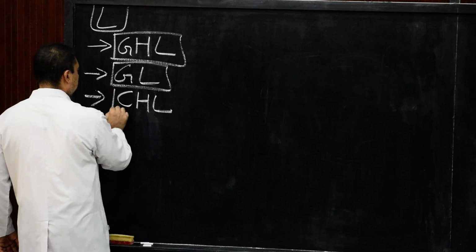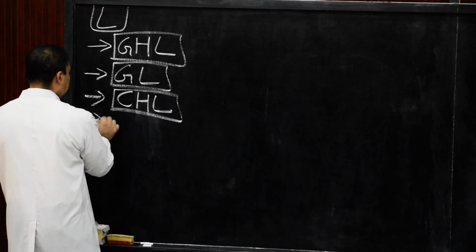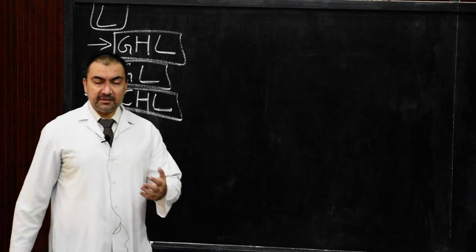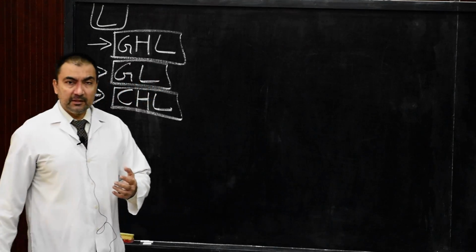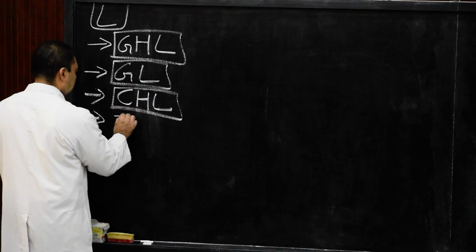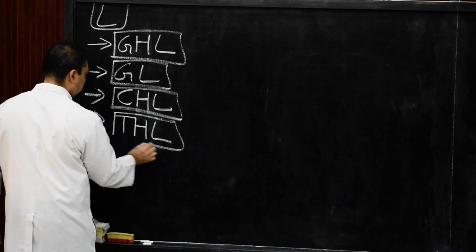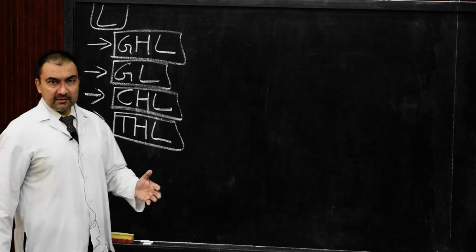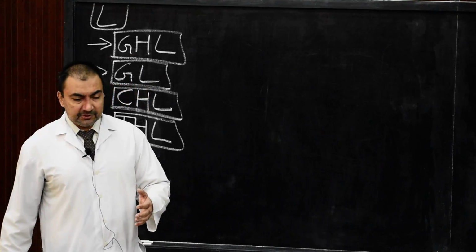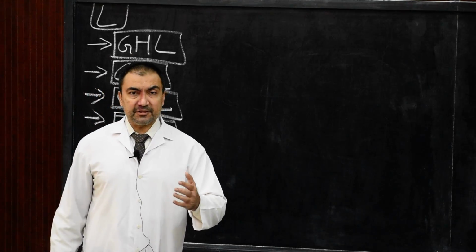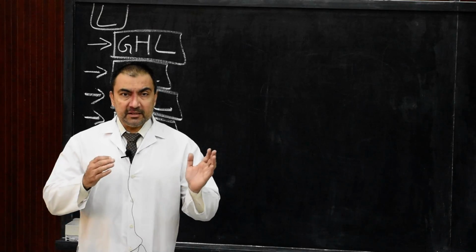And then we come up with the last ligament, that is transverse humeral ligament. So these are the four ligaments which we are going to discuss today after the discussion of capsular ligament and